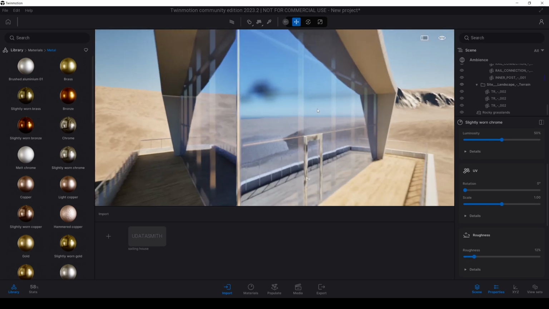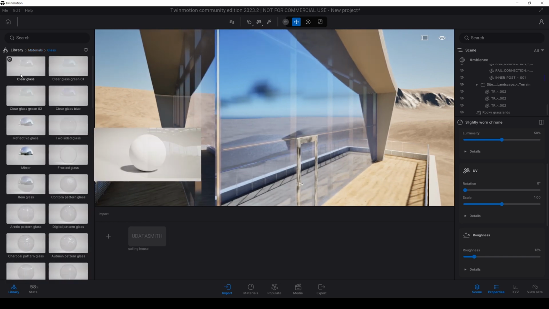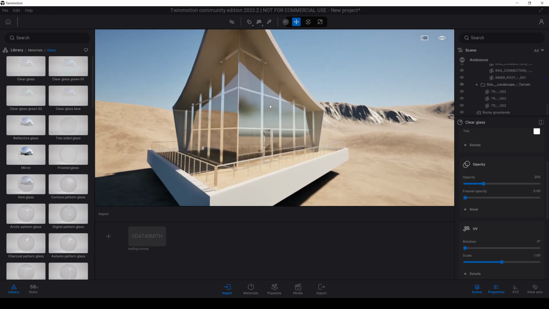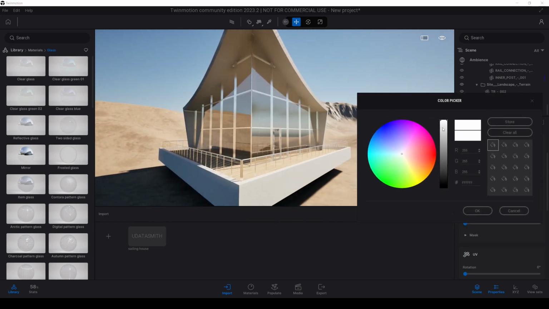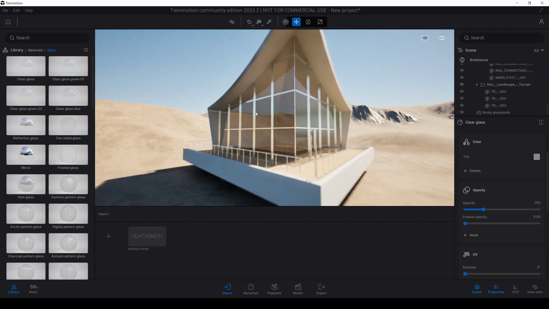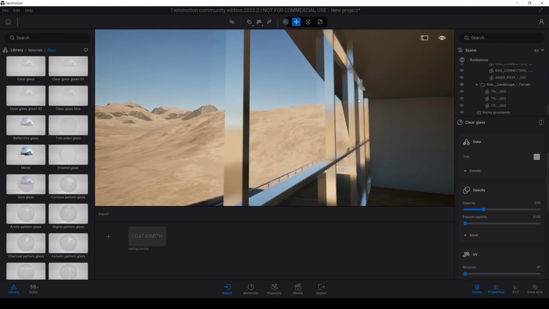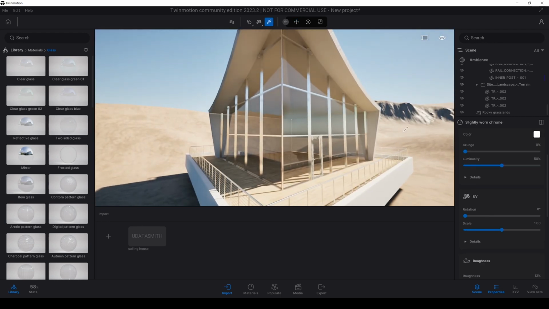And for the building, of course, let's go to glass. Let's assign clear glass. And from the tint option, let's decrease this white to gray, something like this. Yeah, our frames are too bright. Let's change their colors.